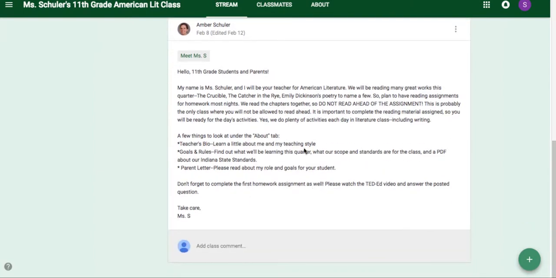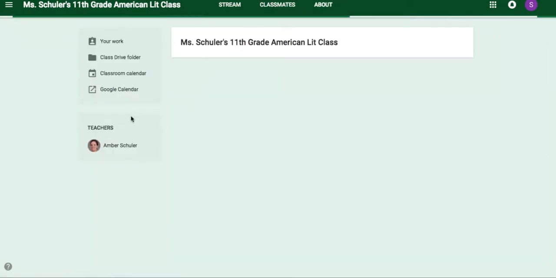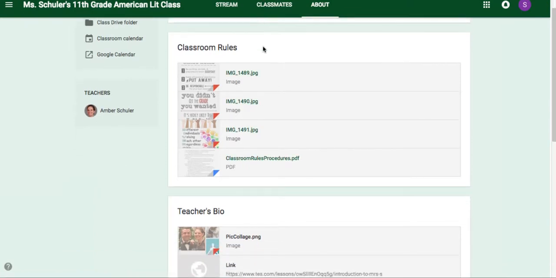But I'm here as her student because she asked me to join via the code. You can see I'm the only student in here, and I can't show you her code because I don't know what it is. But you can see that there's always going to be these 3 tabs: Stream, Classmates, and About. Stream and About are the most important ones, of course. And so she's